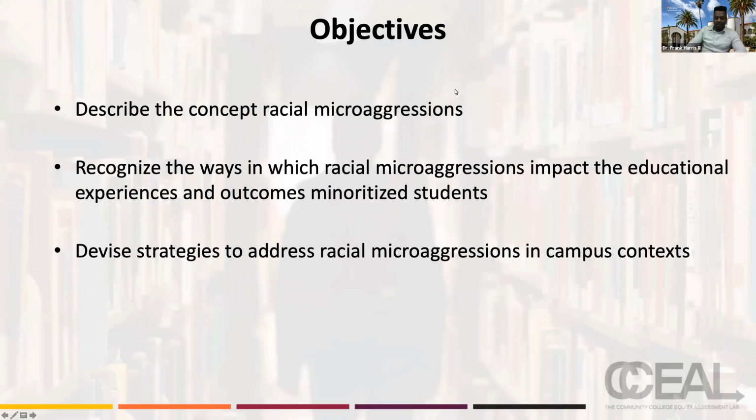The second objective is going to be focused on understanding how racial microaggressions impact student success, particularly for minoritized students. Specifically, we'll talk about how racial microaggressions impact student engagement, sense of belonging, self-efficacy, and other variables that have been linked by researchers to student success. And then finally, and perhaps the most important objective, is we're going to come up with some strategies to address